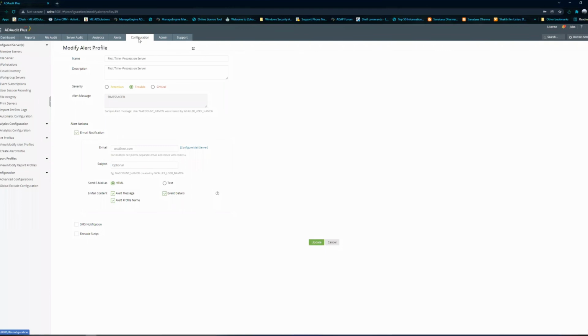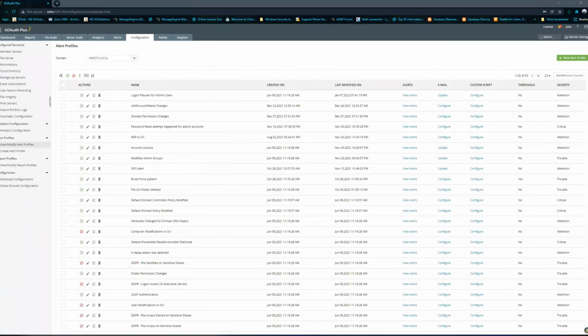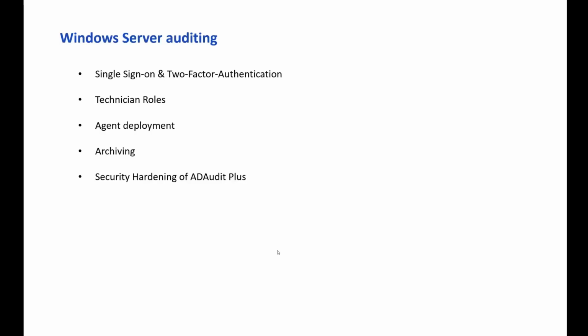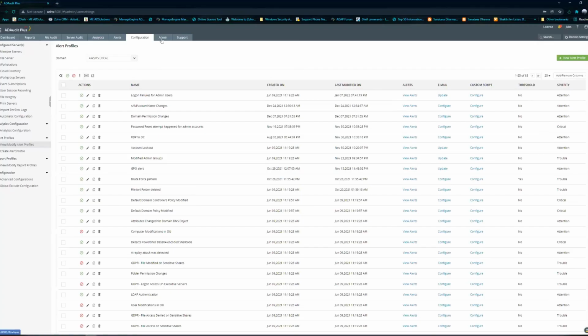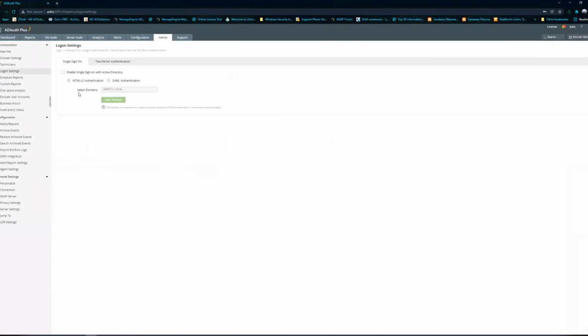So here we go with the user behavior analytics. I think that's pretty much some of the features. Just wanted to ensure that ADAudit Plus is being administered properly in a very well manner. We have a couple of features I want to talk about. To harden the security,